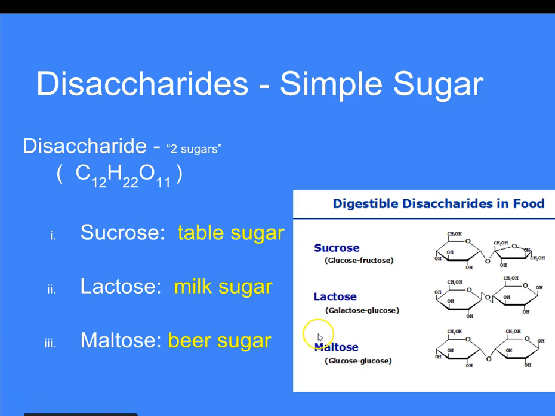So you may have heard of someone that is lactose intolerant. That just simply means that they have the inability to break apart this chemical bond that links galactose and glucose together. And as a result, they might get stomach aches and pains as a result of eating things with lactose sugar in it. So it requires a specific enzyme to break apart that particular bond to form galactose and glucose again.